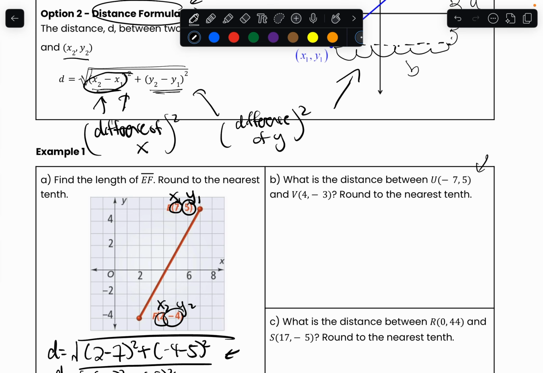Now it says, what's the distance between this point and this point? And then you're going to round it to the nearest tenth. For now, I will just do it my way, which is I'm going to write down D equals. In my first blank here, I'll put the difference between my x values. So what's the difference between -7 and 4? The difference of -7 and 4, which is basically -7 minus 4, will be -11. Or, if you don't think about the negative sign, it's 11, but you're thinking about the distance or the difference between them. On the graph, they're technically only 11 away.